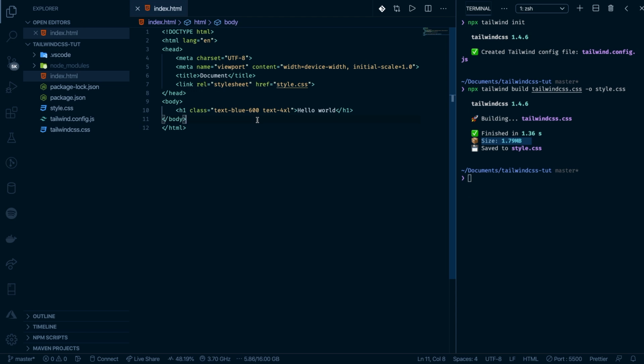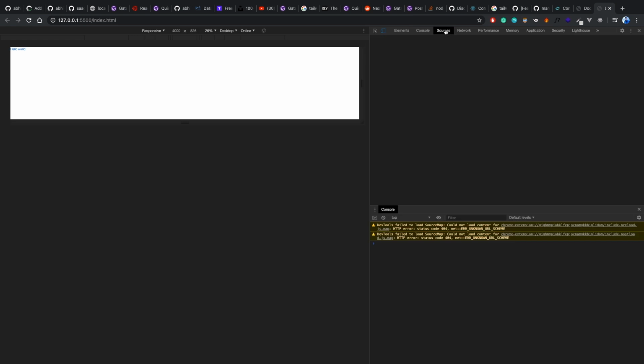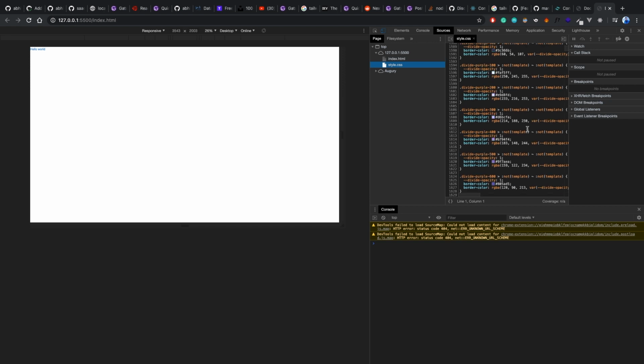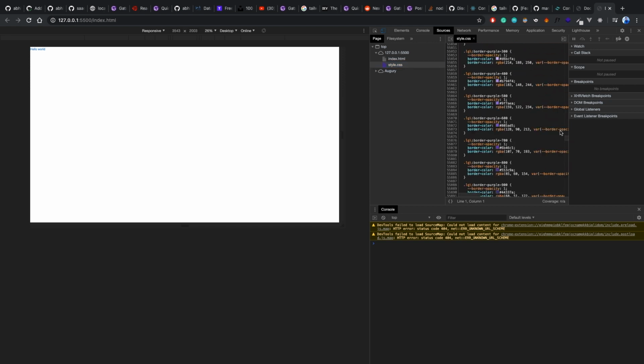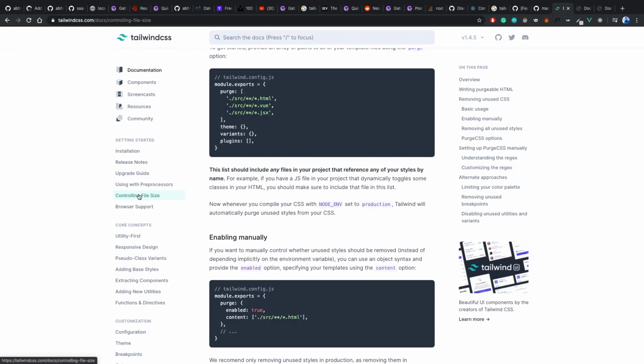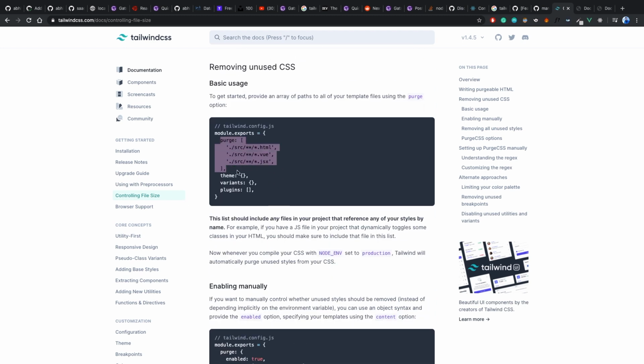So now what we want to do is, if we inspect this and go to the sources file, here you can see the style.css, and the complete CSS is being rendered onto the client side, which is not good considering it has a very large size. So what we need to do is purge the CSS in order to reduce the file size. You can go to Tailwind CSS docs and read here in controlling file sizes. There is an option in the Tailwind configuration file to add the files in which you want to purge